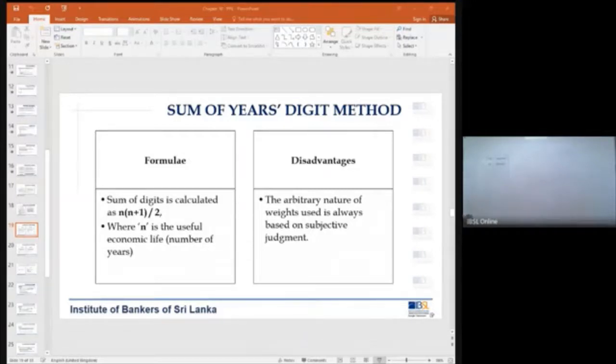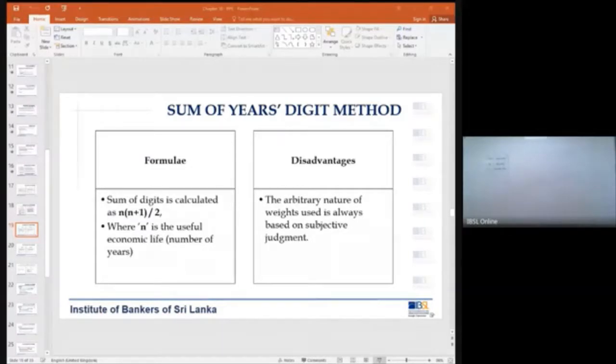So here also the expected useful life will be not in terms of number of years, but in terms of number of hours. That is why we call this the machine hour rate method. So here the expected useful life is 50,000 hours.